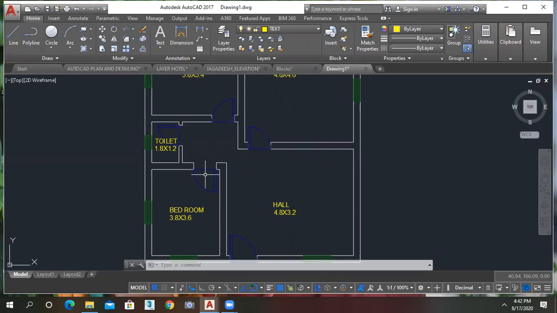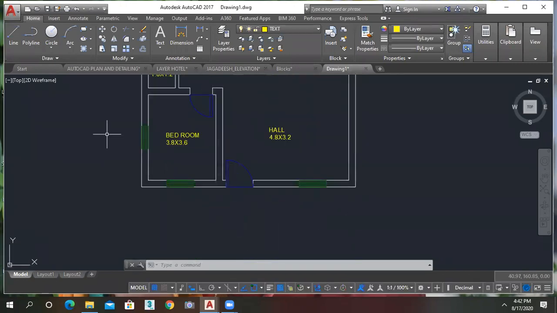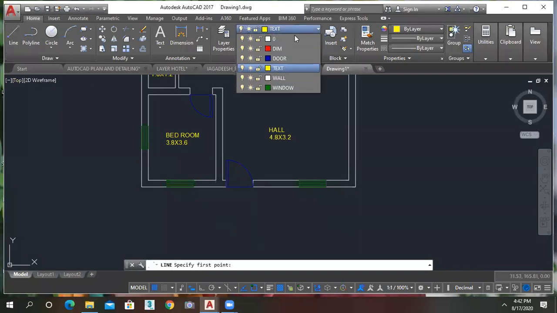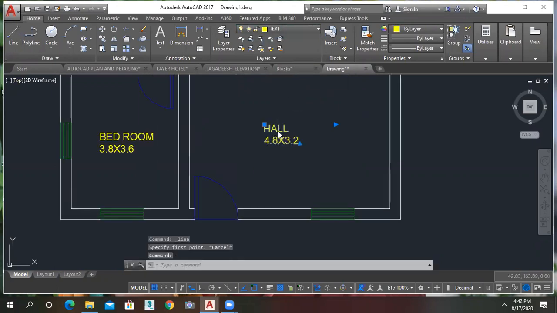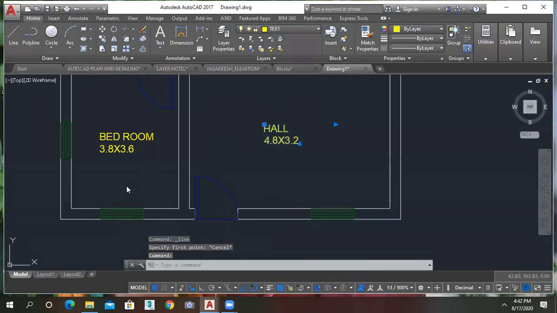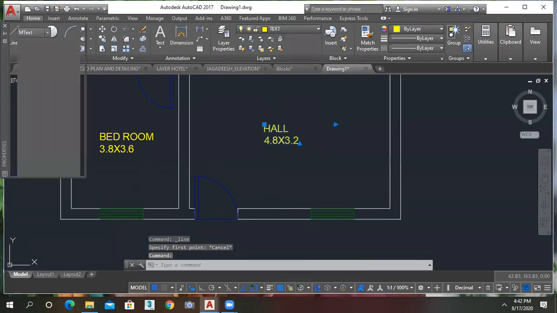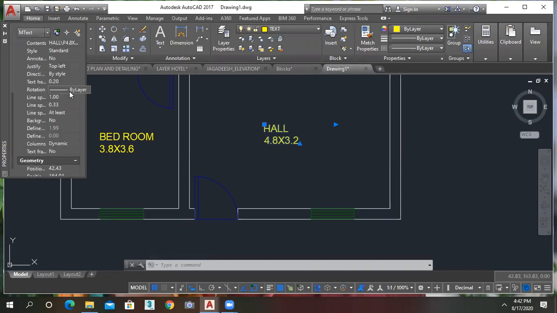Okay, no, okay. So here I just want to create one more veranda here. Just go to the line and activate the wall layer. How to fix the text dimension? Okay, you can change it here now. Right click, properties. This is for single line text. Okay, so what is the height of the text? Here it is. Okay, text height is 0.2. Okay, 0.1.